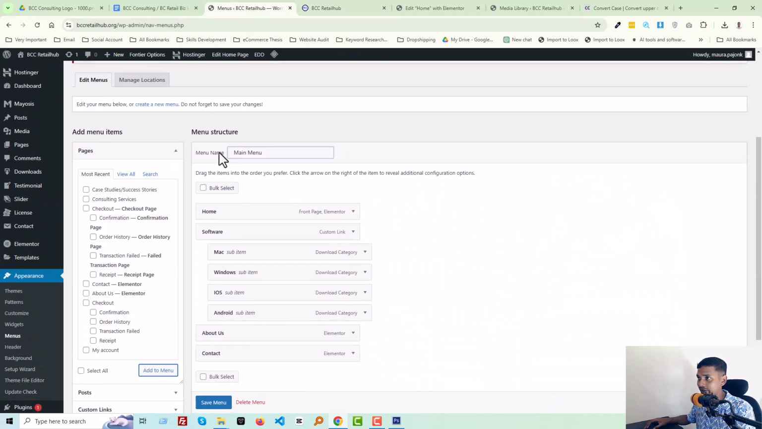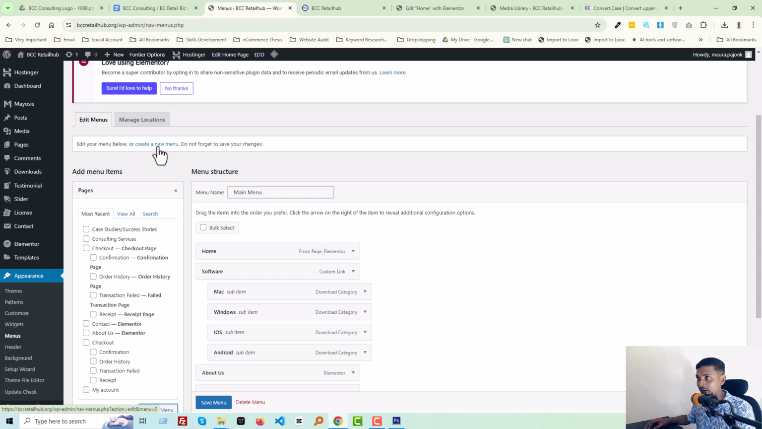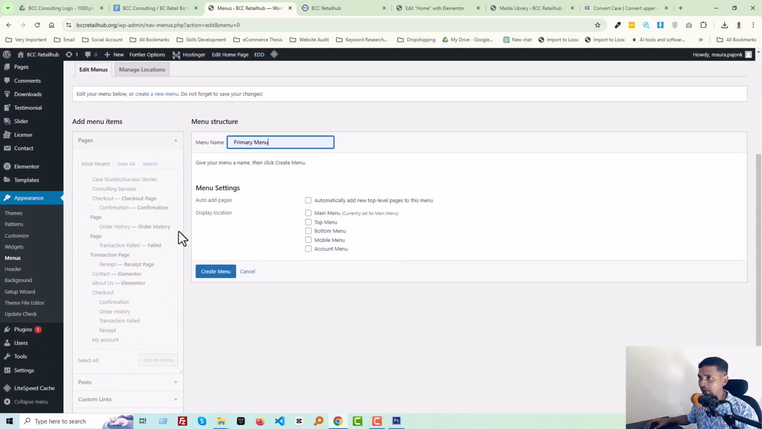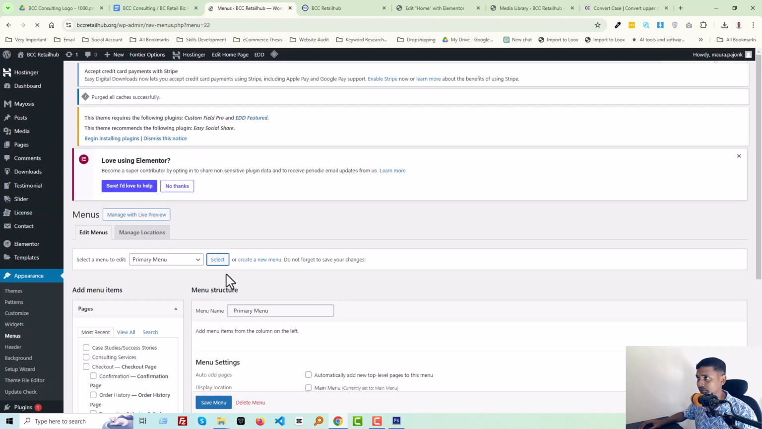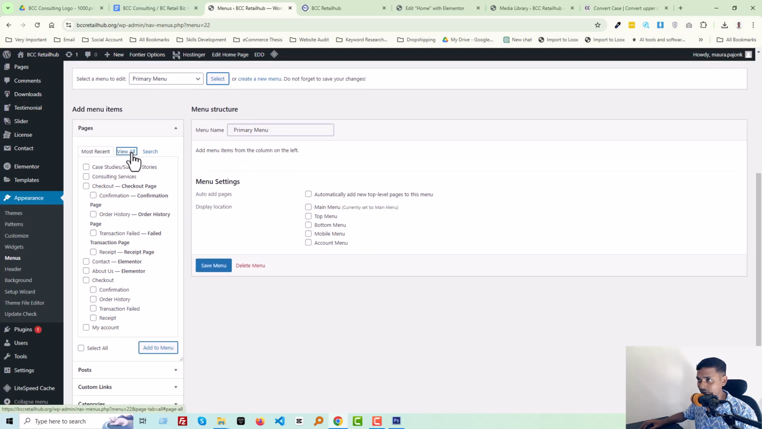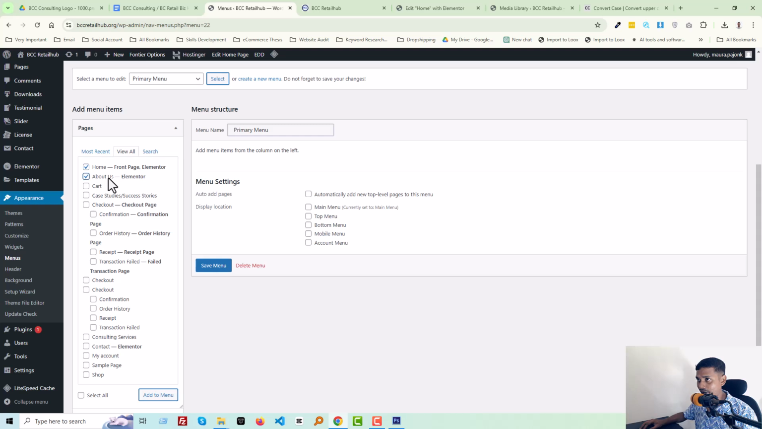So we are going to create a new menu. Click on create new menu, and this menu name is primary menu, and then click on create. So simple. And now we have to add all the required pages as menu items. So click on view all: home, about us, case studies, consulting services, contact. Okay, click on add to menu,